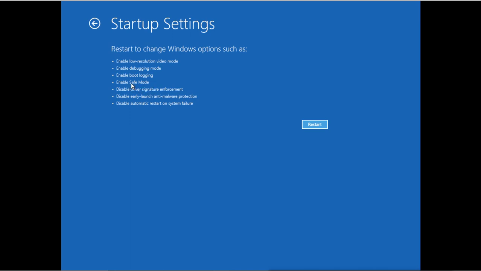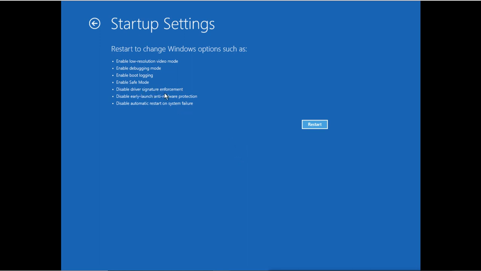Now safe mode means it will start the system with the minimum requirement, minimum services, minimum applications, which are required configurations. Even network is not available, so all the services and devices will not be available. So when you go to this safe mode, you can fix those programs, devices and drivers which are giving you the problem, and fix the applications also, because they are not starting, so they will not give you the problem. We can disable the driver signature enforcement also.